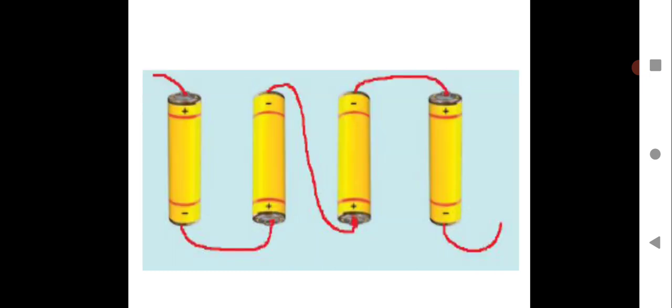So here is the answer. This is how you are going to connect. You can just draw the diagram. This is the answer. So draw this diagram and show negative connected to positive and positive connected to negative. That means the opposite terminals will get connected. These are the 4 cells, and this is how a battery will be formed, and it will function well. Otherwise the battery will not work. So this is how it should be connected. I hope this is clear.